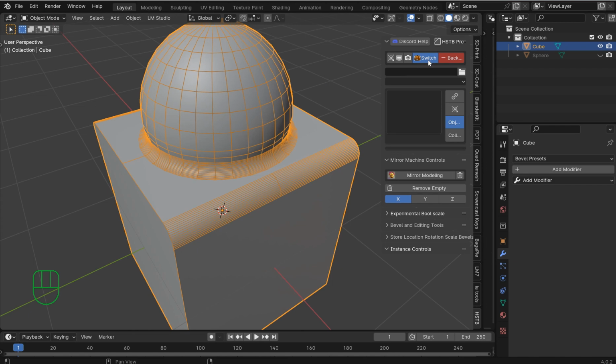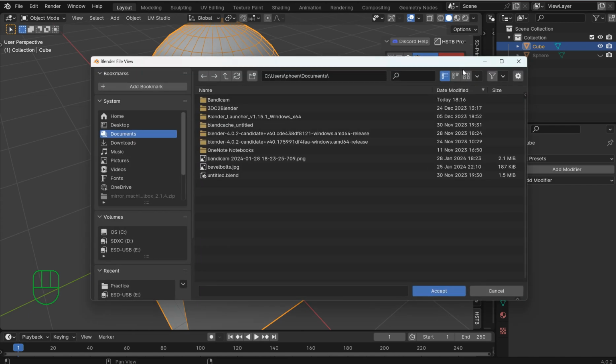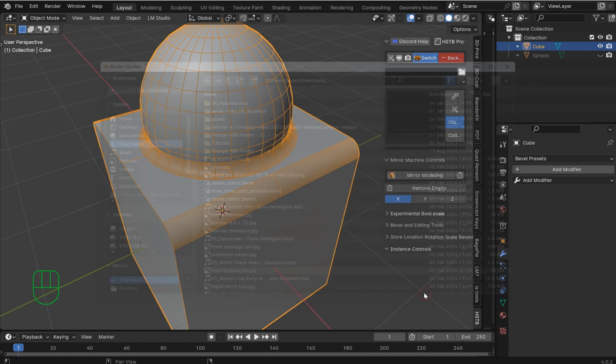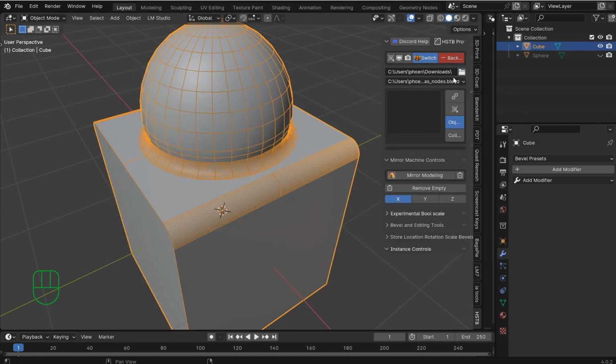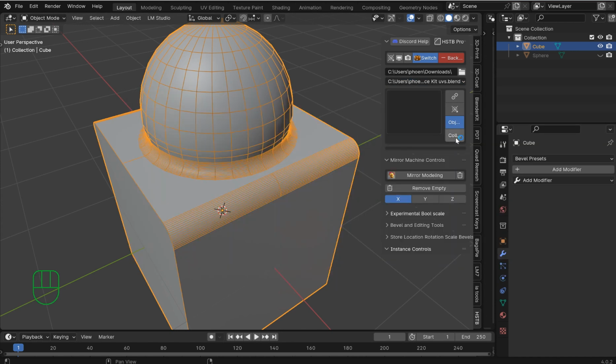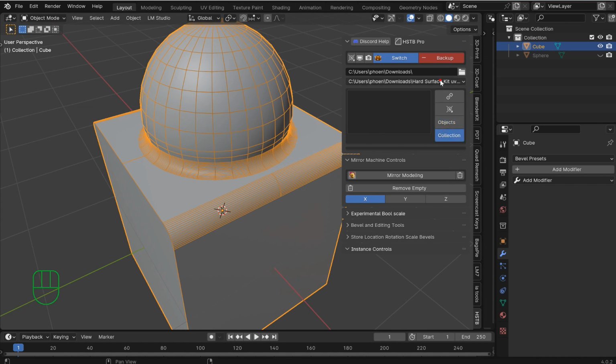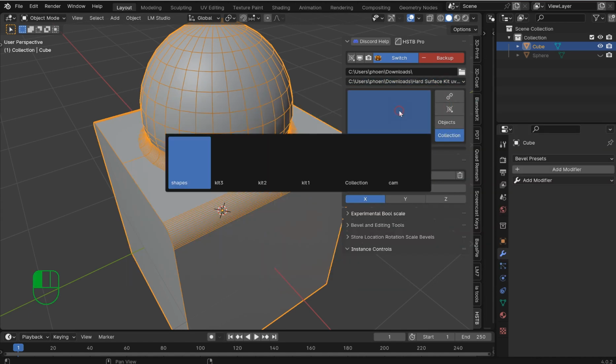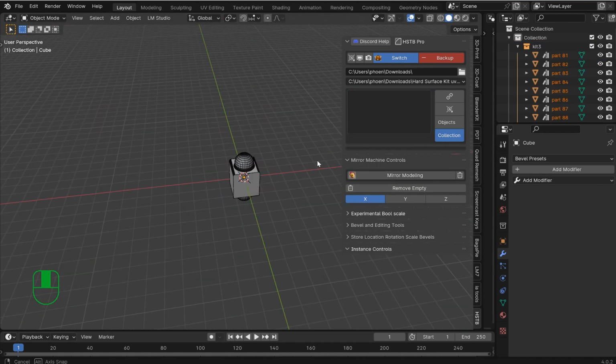You can switch the gallery here. It's pretty cool. It's your own asset importer. You go in, you just add any folder you want, and these folders become something you can load. And so if you come in and load this into the gallery, you can switch it to collection or objects, depending on whatever you're trying to get in. If I want collections, I can switch this back over to collections, and may or may not have icons for it. But when you do click to add something in,